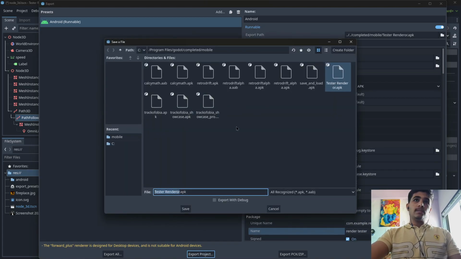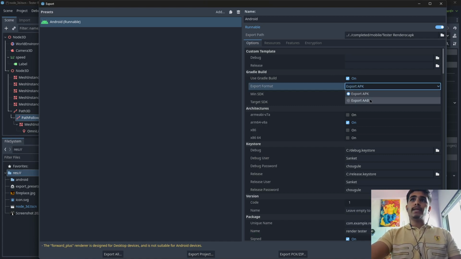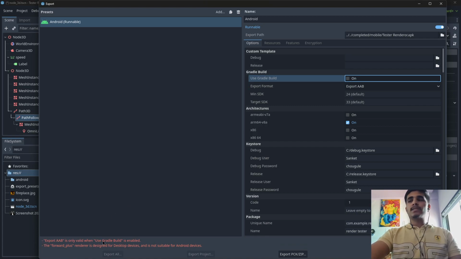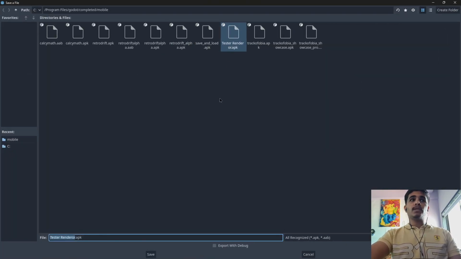And you can see use Gradle build is on, since I cannot export AAB without turning on Gradle. If I do that, as you can see here in this down left corner, export AAB is only valid when use Gradle build is enabled, which is this. And if I export AAB,